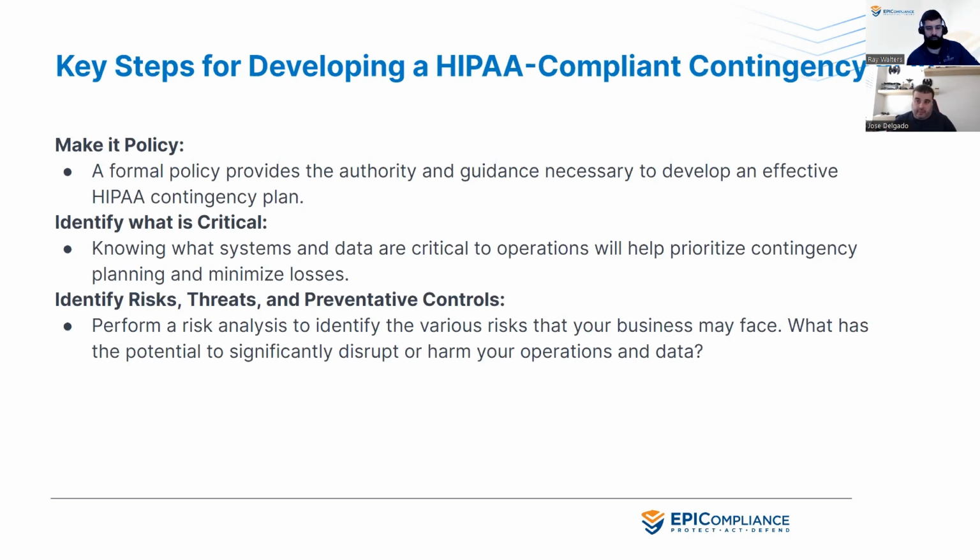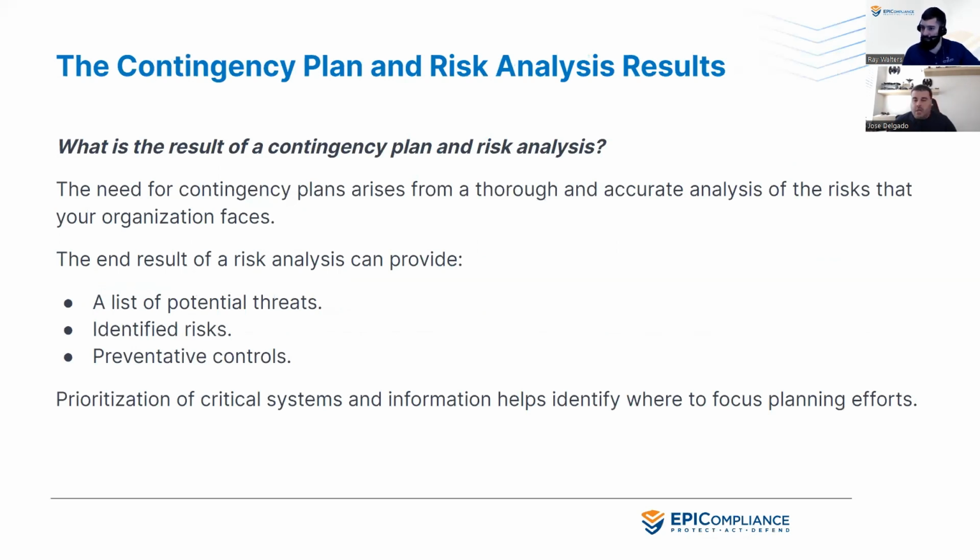No, good points, Jose. And really the answer is it depends. It depends on your situation. Every single practice is completely different. I could be a provider that works from home. What's my contingency plan? If I have to evacuate because of a state of emergency for my area, because of a storm that's coming in, what's my continuity protocol? Hopefully I'm working off a laptop and not a desktop, so I don't have to carry a screen and the whole desktop with me. So all of these scenarios